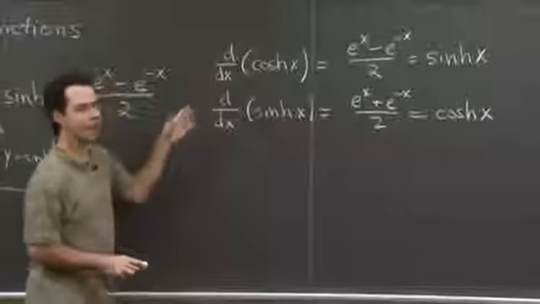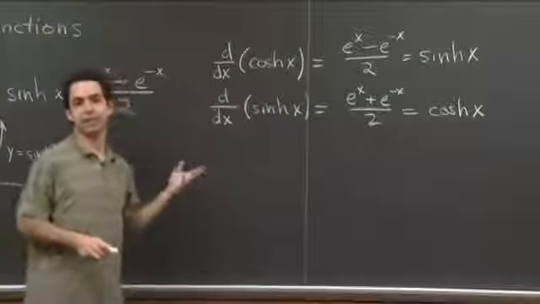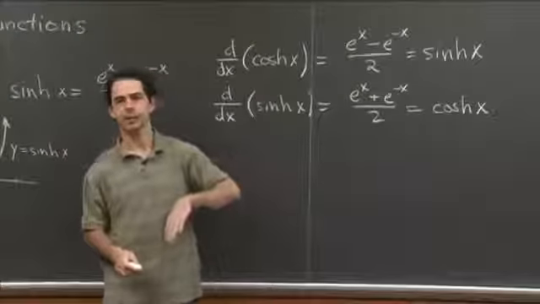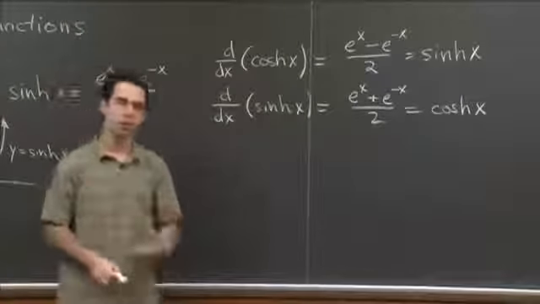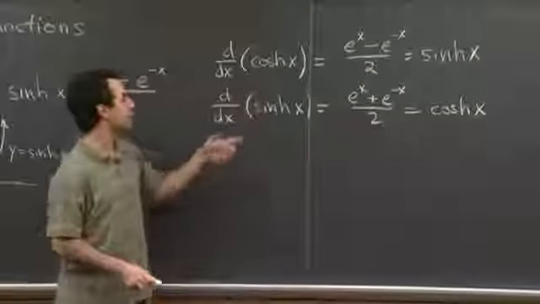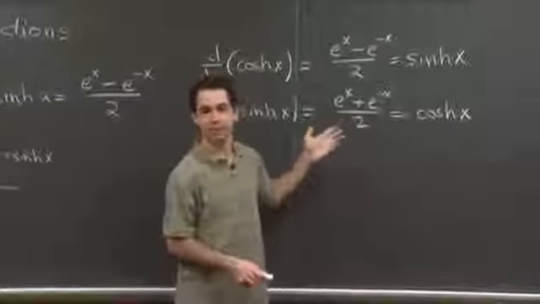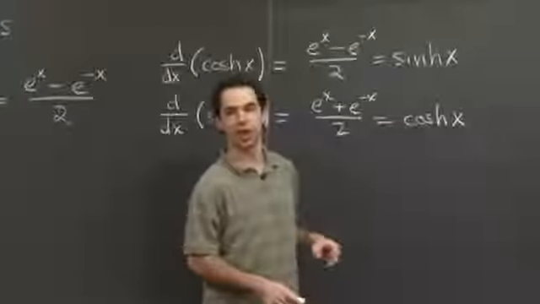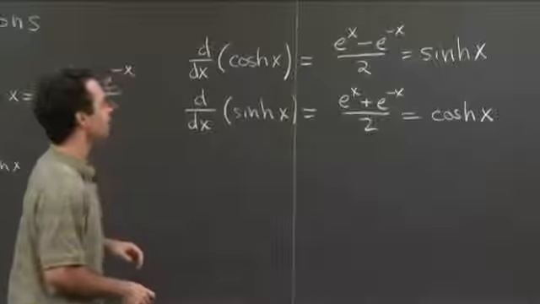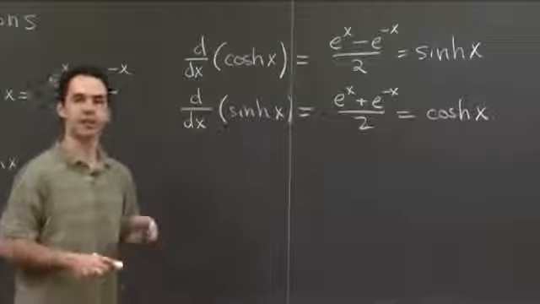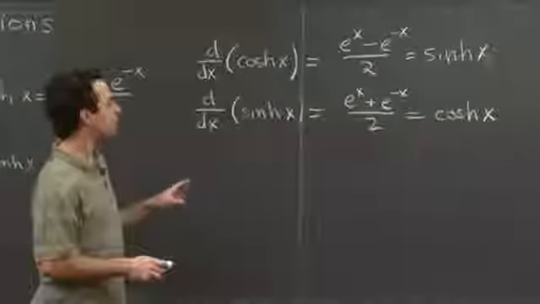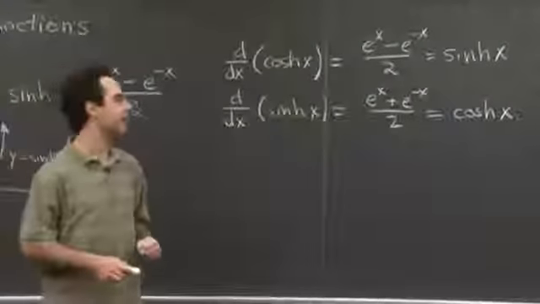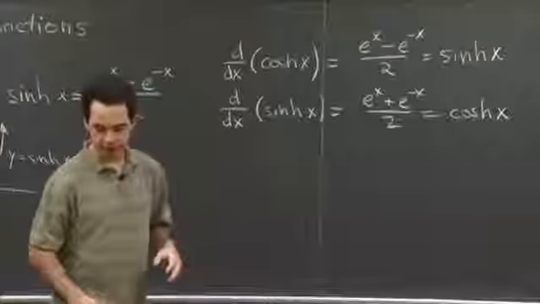So here you have some behavior that's a little bit reminiscent of the behavior of trig functions, right? For trig functions, if you take the derivative of sine, you get cosine. And if you take the derivative of cosine, you almost get back sine, but you get minus sine. So here, you don't have that extra negative sign floating around, right? So when you take the derivative of cosh, you get sinh on the nose, no minus sign needed. So that's interesting. But the real reason that these have the word trig in their name is actually a little